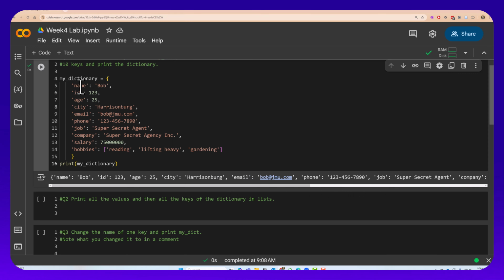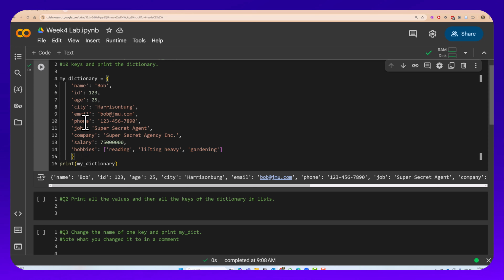So we have name as our key, Bob is our first value, ID 123 is an integer, age 25, city Harrisonburg, and these are all my keys, and these are all my values associated with each of these keys. Super secret agent, super secret agency Inc., makes lots of money, and here is a list inside of our dictionary, which is the value for the key